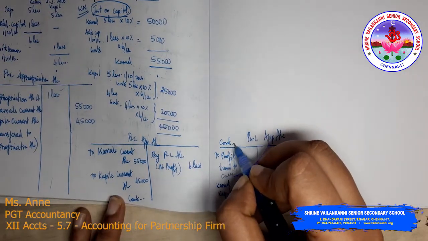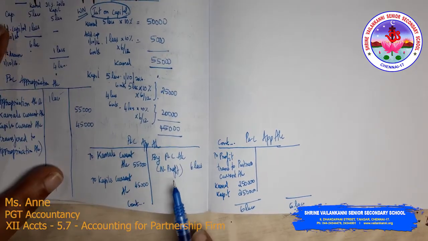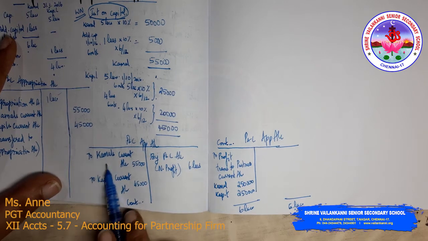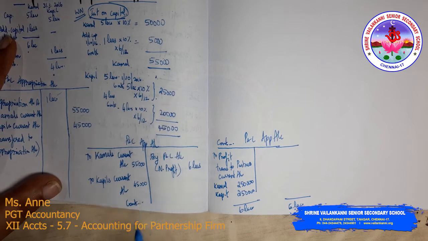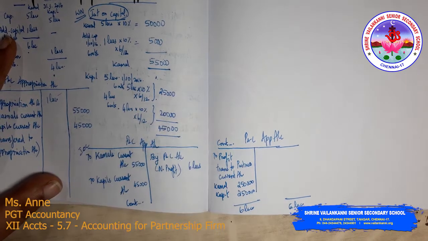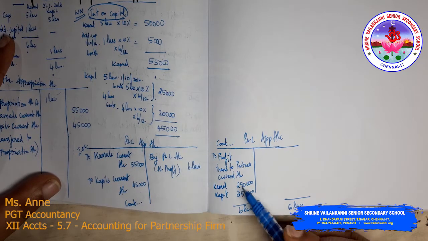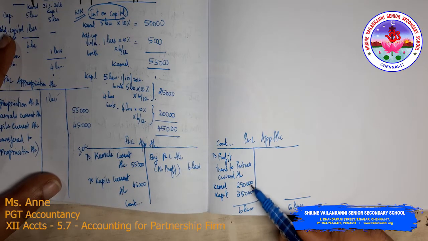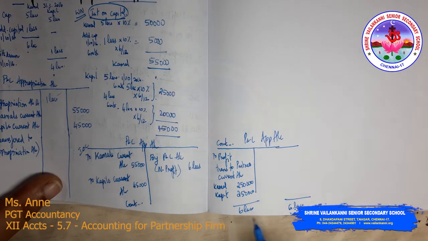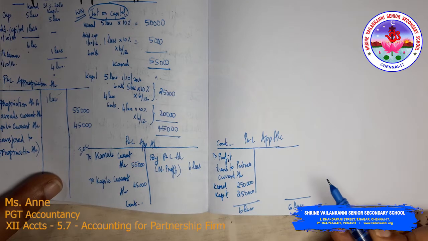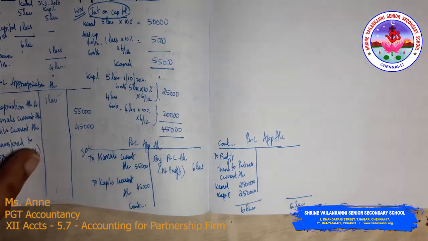Okay, so make sure that you are understanding this. So by P&L account, you have the net profit 6 lakhs. To Kamal's capital account 55,000. To Kapil's current account 55,000. What is this? This is interest on capital. After charging interest on capital, whatever is the remaining profit should be apportioned among the partners in equal ratio, because the profit sharing ratio is not given in the question. So we are just taking 2,50,000 and 2,50,000. So it is 6 lakhs and 6 lakhs total. So this problem is over.